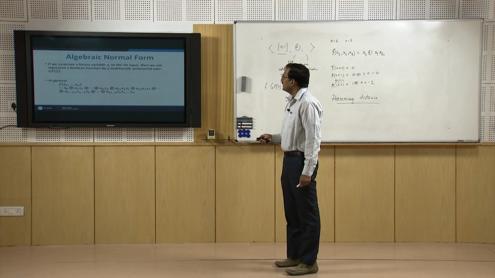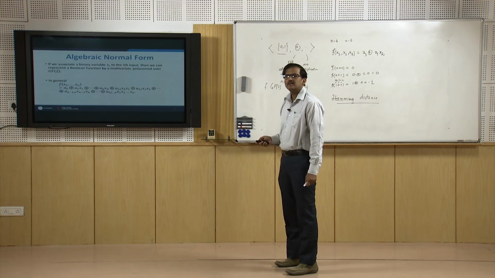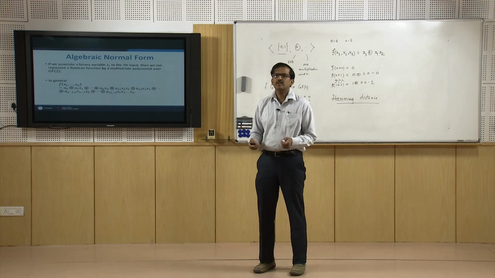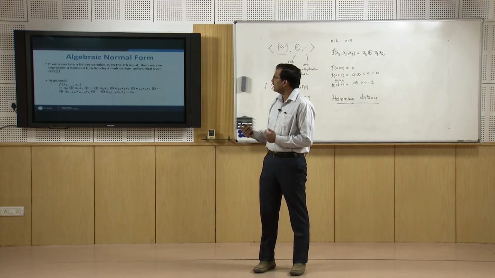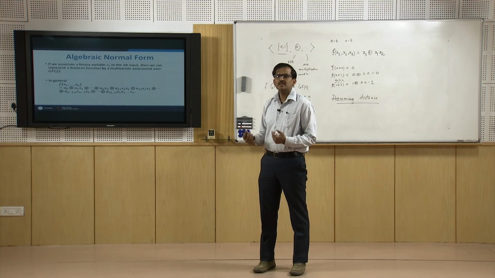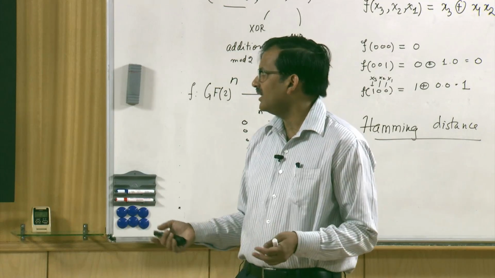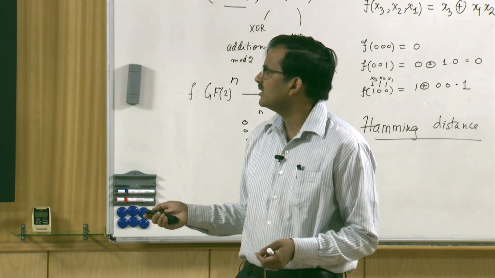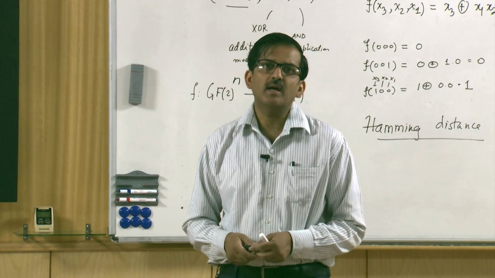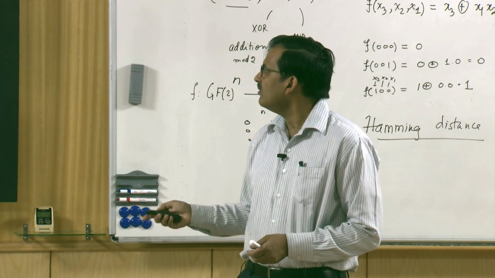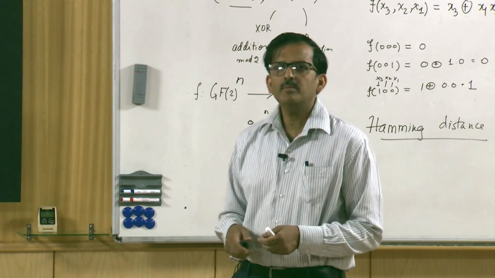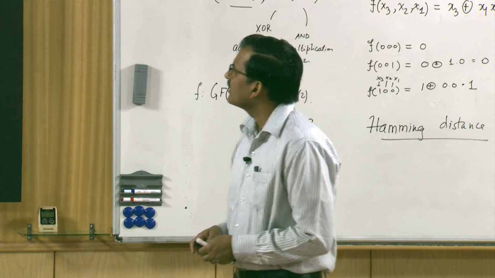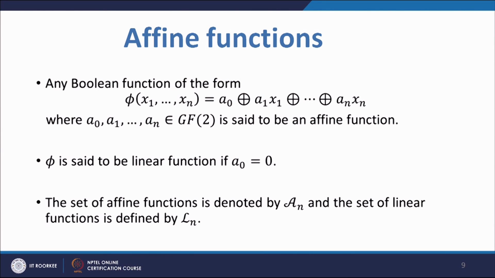Particularly, there is a constant term without any x, and there are terms with only a single xi, and there are terms with a product of 2 xi's, and then ultimately a term at the end which contains a product of all the xi's. But if we consider a function whose algebraic normal form contains a constant term and only the terms which have a single variable,